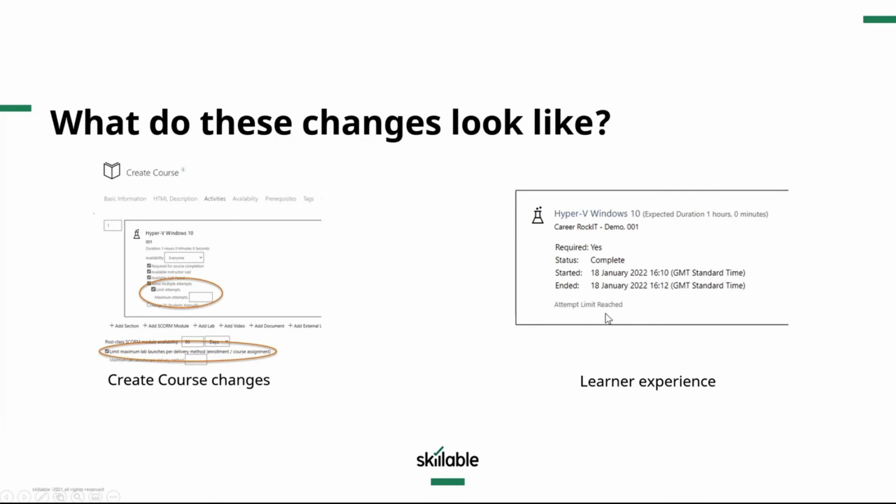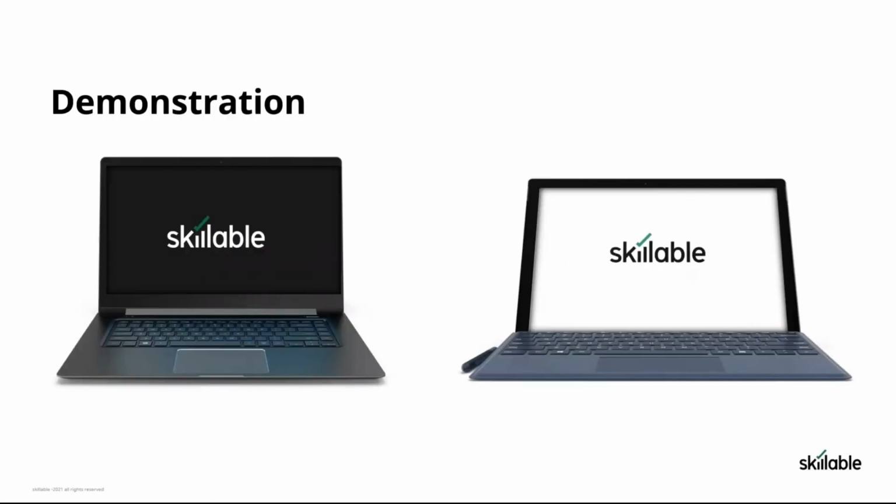There is going to be an update going out over the next few days, and it will give them a countdown: you've used 1 of 3 attempts, 2 of 3 attempts, and so on. So there'll be a bit more detail and a bit more feedback coming to them, let's say for the beginning of February. Okay. So if I was just to switch over, hopefully I've got a